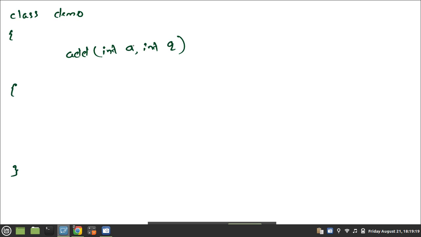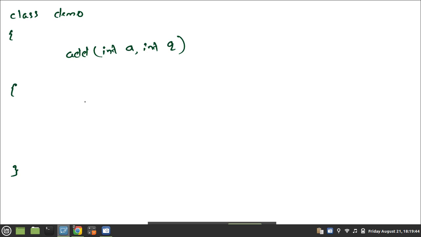Okay. So input is already there, which means no need of creating variables to store the values. Values are already present in variable a and q. Only the computational part is required, which is nothing but addition of two numbers.